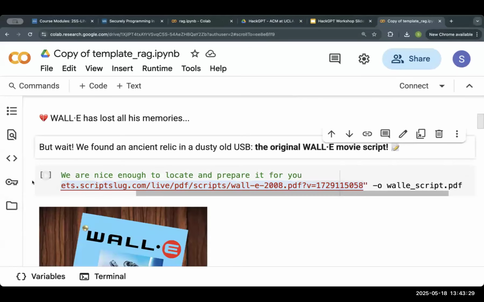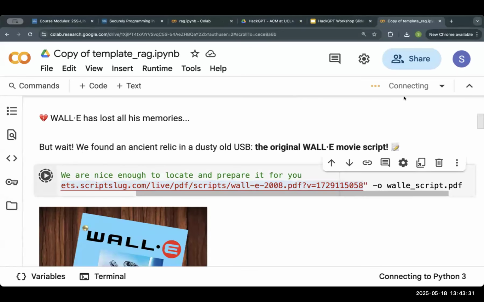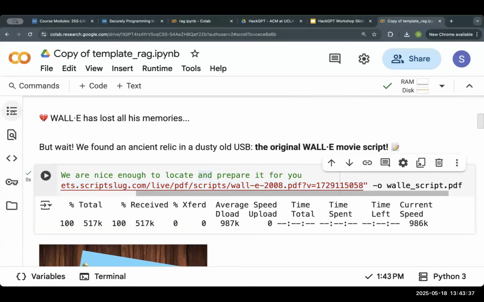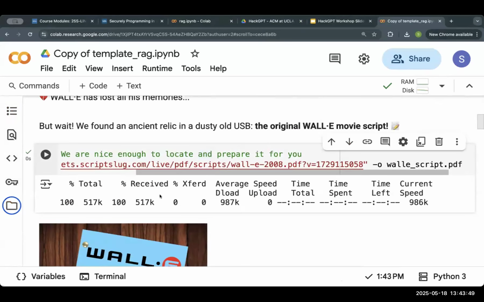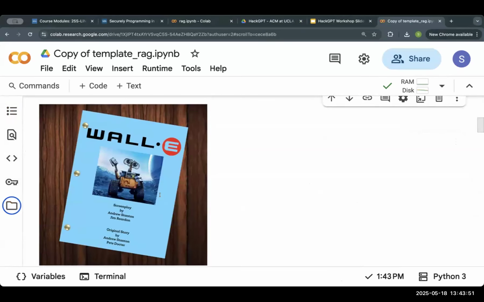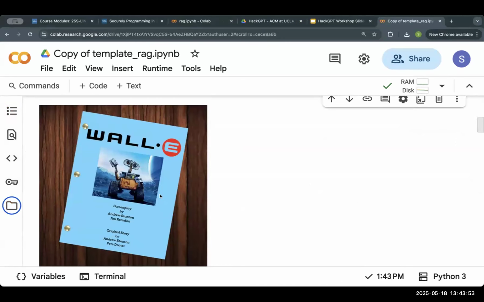But once you have run this code cell, you'll be able to find the downloaded script. It should be here inside the files. If you look here, I have this Wally underscore script PDF in my directory. So that's good. We have secured the movie script, and that's something we can work on to rebuild Wally's memory